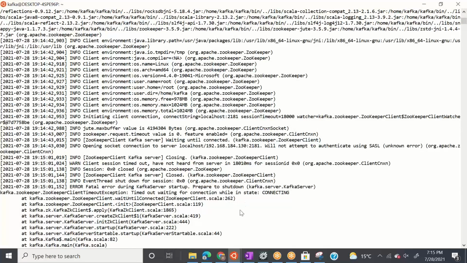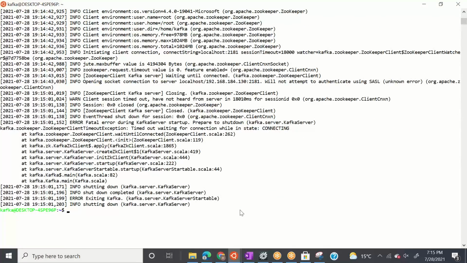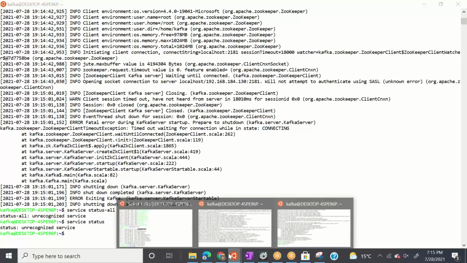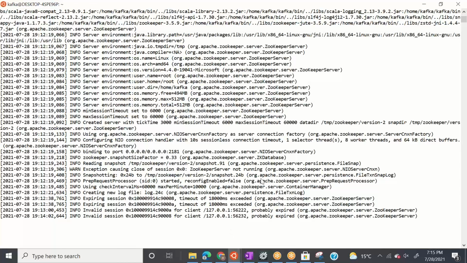Timeout waiting for connection, state connecting, info shutdown. Let's see. Service status all. Not sure. Just one more minute.